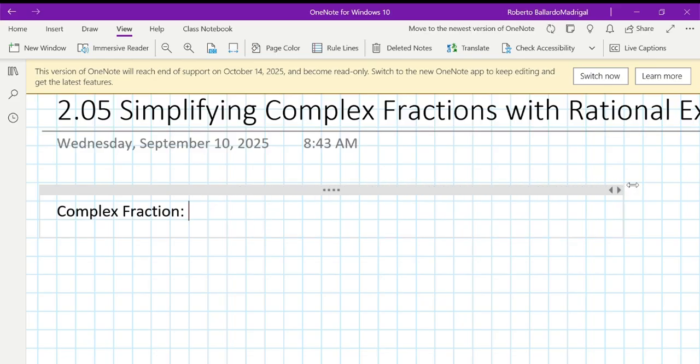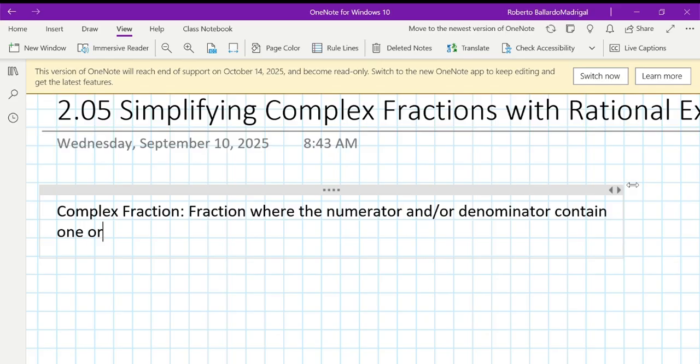So a complex fraction is a fraction where the numerator or denominator contain one or more fractions. Okay? So once again, a complex fraction is essentially when you have a fraction inside of another fraction,